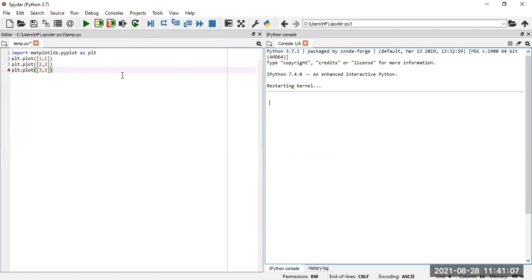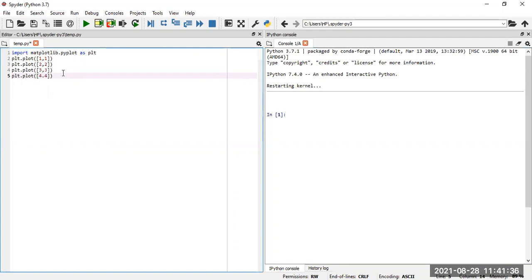So I have just written the simple code for how we are going to plot simple data using matplotlib. A simple matplotlib pyplot as plt has been imported here, and we have written some plt.plot data. I am trying to add some more, that is plt.plot(4, 4).